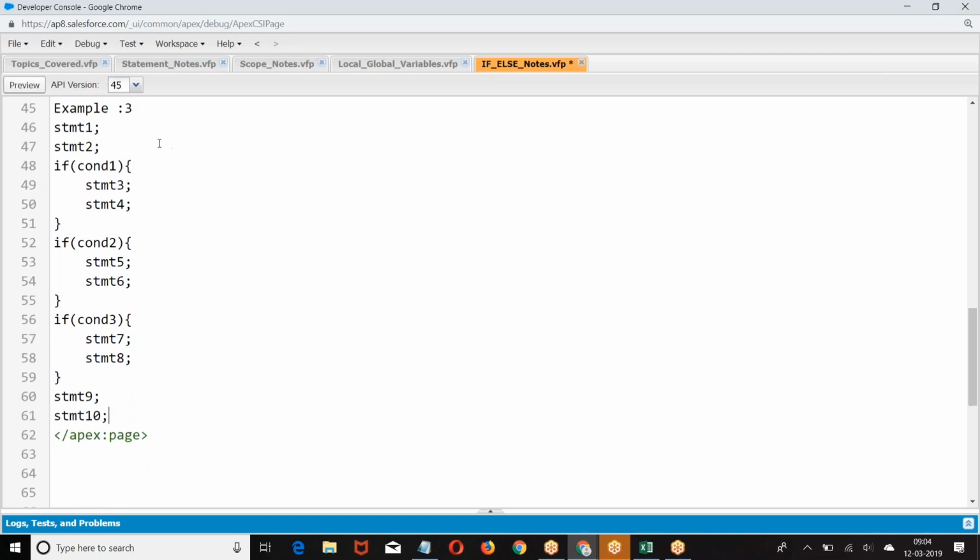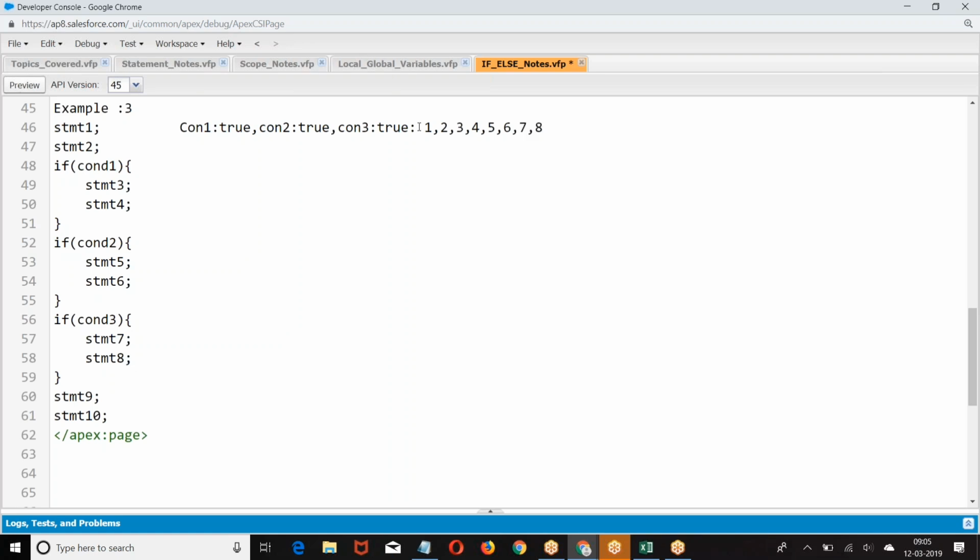This is what we got. Then condition 1, one, two, three, all the three conditions are true. What is the order? 1, 2, condition 1 true, 3, 4, condition 2 true, 5, 6,